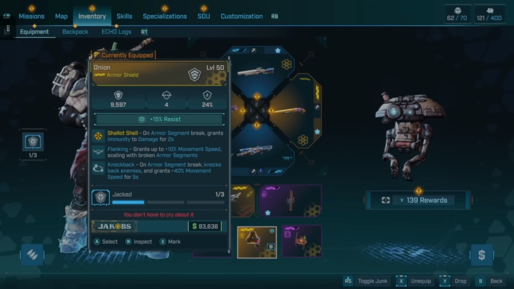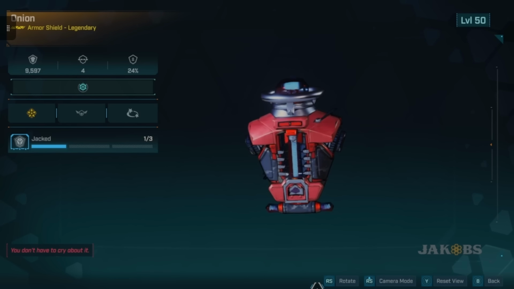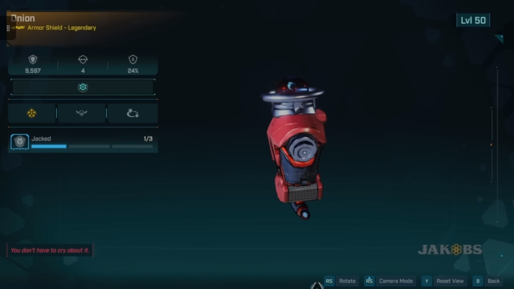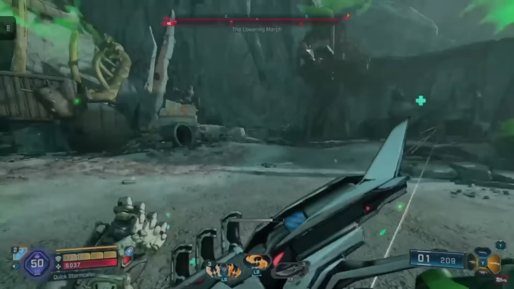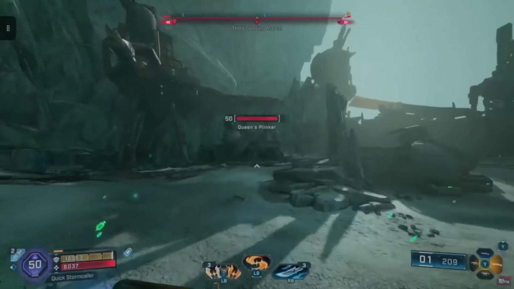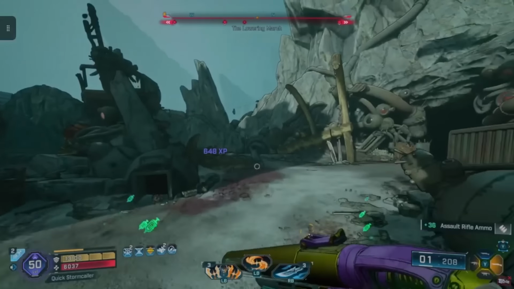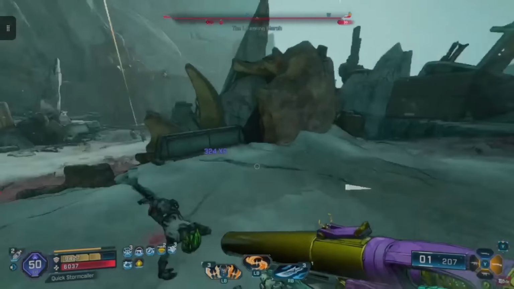Now, the main reason this shield deserves a spot on the list is pure survivability. Its core perk, Shallot Shot, reads: on armor segment breaks, grants immunity to all damage for 2 seconds. Now, this shield can roll with up to 4 armor segments, I believe, or it will always roll with 4 armor segments, meaning you can get a total of up to 8 seconds of complete immunity when all of these